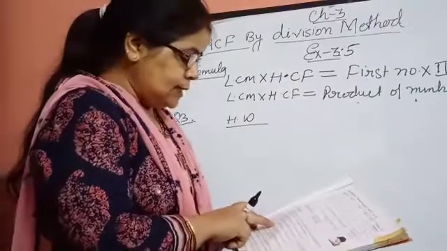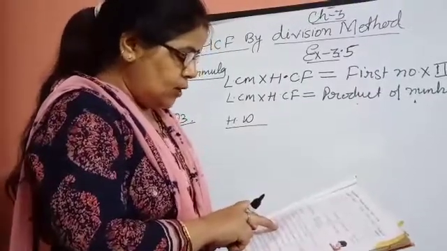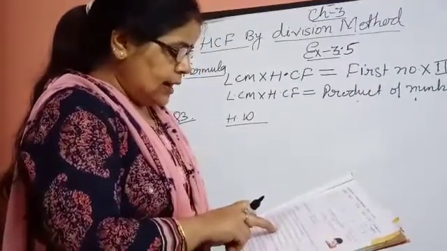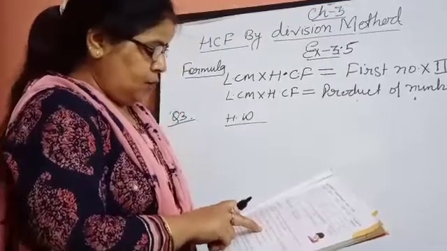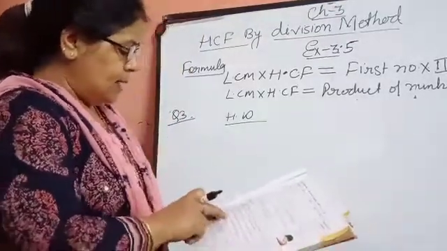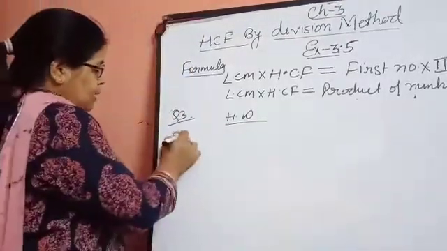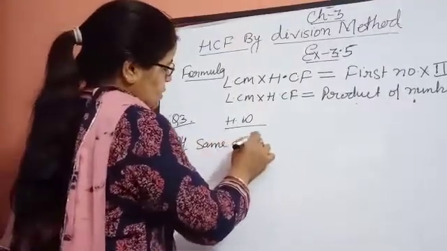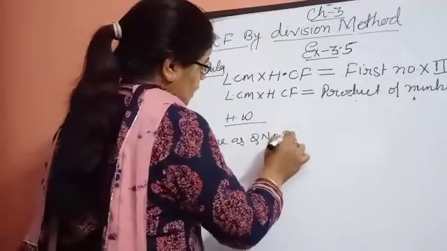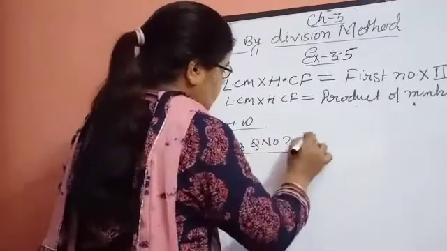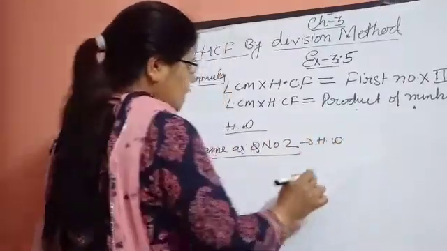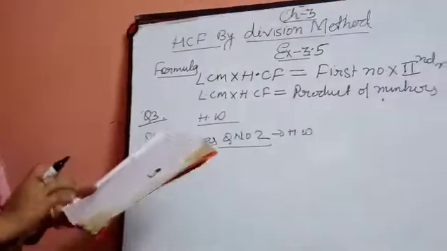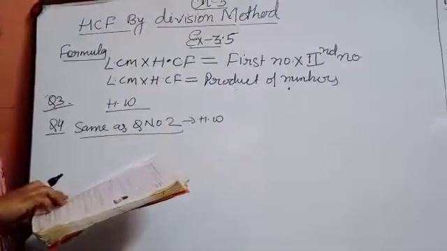Question number 4: if the HCF of 186 and 496 is 62, what is their LCM? Question number 4 is the same as question number 2, right? I have just done that. So this will also be your homework. Now proceed to question number 5.